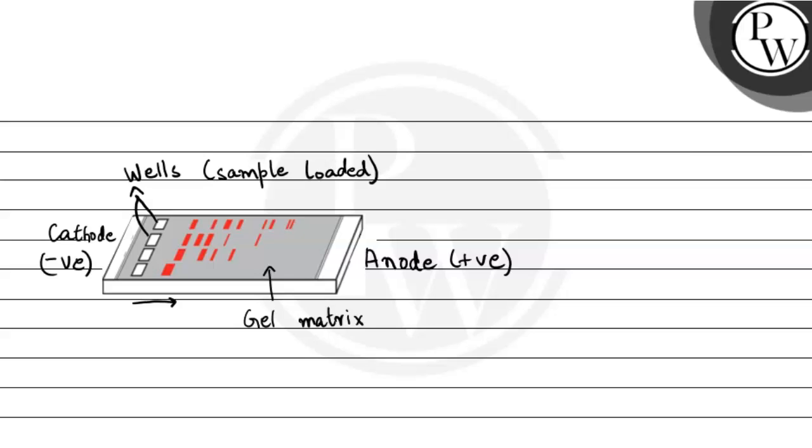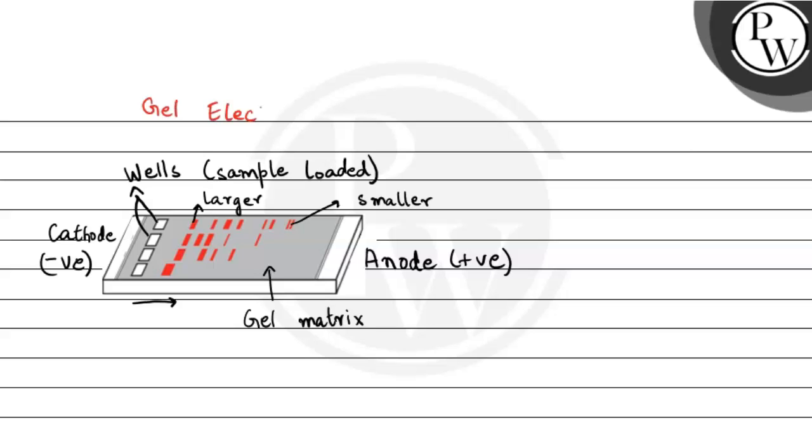अब हमने क्या किया कि DNA को well में लोड कर दिया. अब since करंट जो पास होगा वो कैथोड से एनोड की तरफ पास होगा, तो उस वजह से ये जो डीएनए है वो एनोड की तरफ मूव करेगा क्योंकि डीएनए इज नेगेटिवली चार्ज्ड. अब हमने कहा कि जो लार्जर डीएनए फ्रैगमेंट है वो कम ट्रैवल करेगा, therefore the larger DNA fragments will be found at the top of the gel. On the other hand, the smaller DNA fragments will be found at the bottom of the gel. So ये है एक बेसिक जेल इलेक्ट्रोफोरेसिस का डायग्राम.